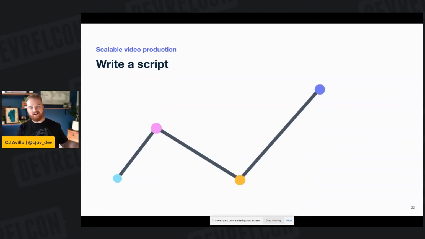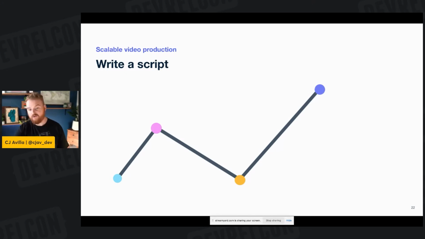So in the previous talk, Fatima went over writing a script, and her lines were way better than my line here, but it gives you the same sort of feel, right? When I'm thinking about writing a script, I do want to tell a story, right? It's similar to a sparkline, where we've got different points in the story where we might have highs and lows. So you want to think about some story arc and write a script that ties in the features and products you might want to introduce or the things that you want to go through.